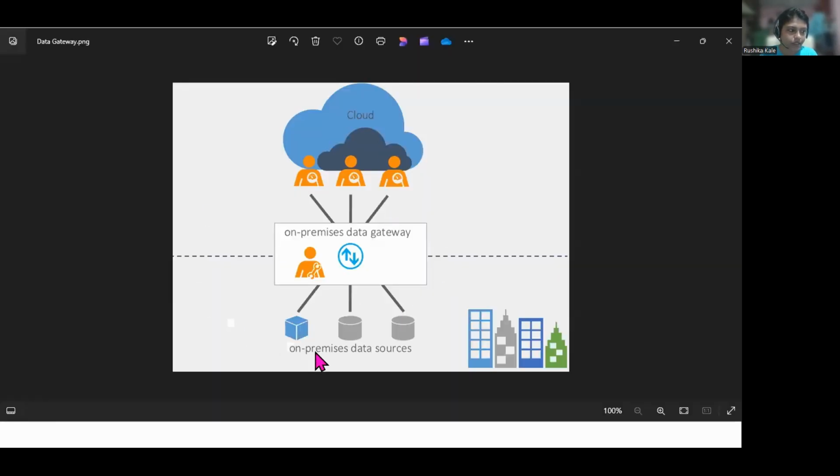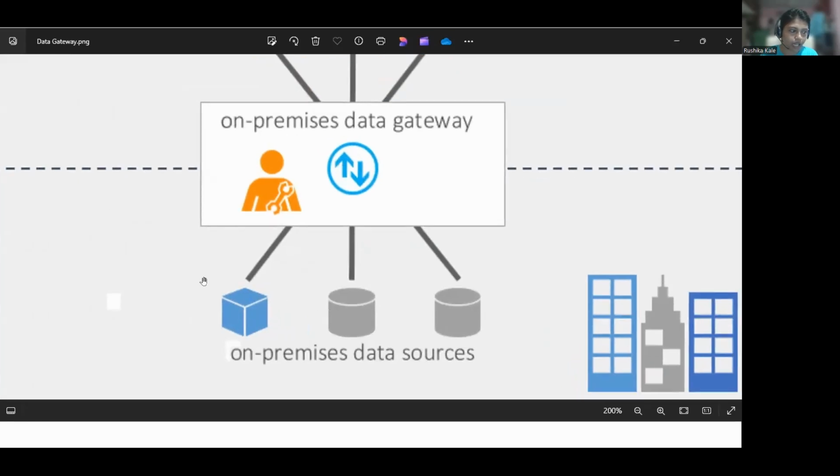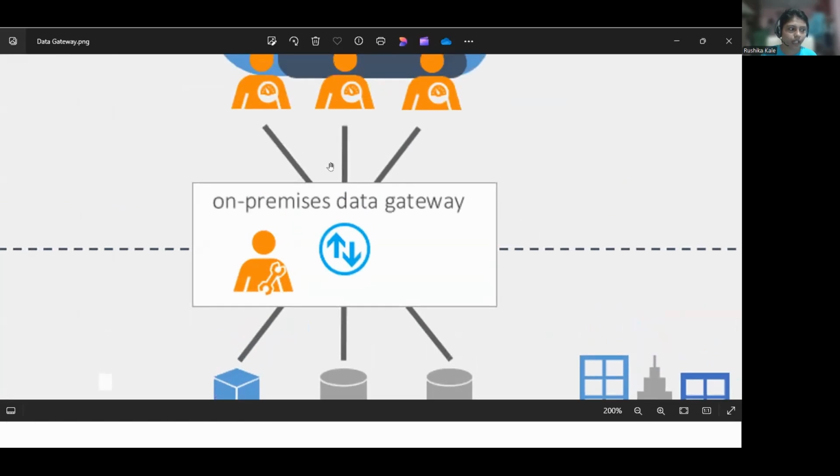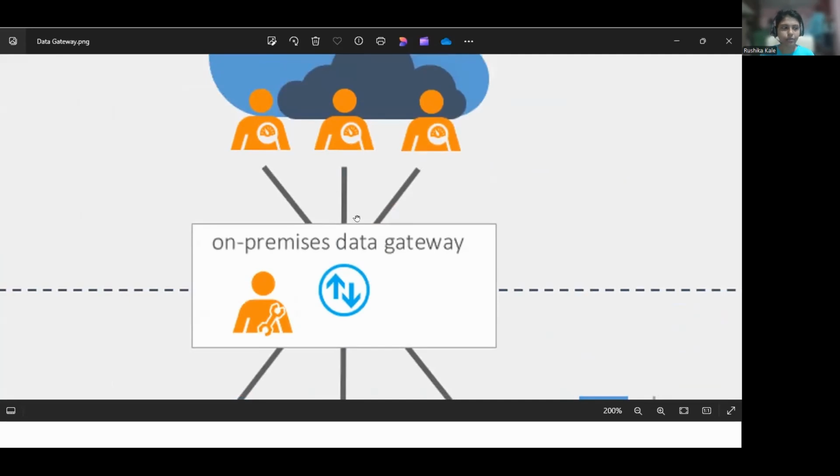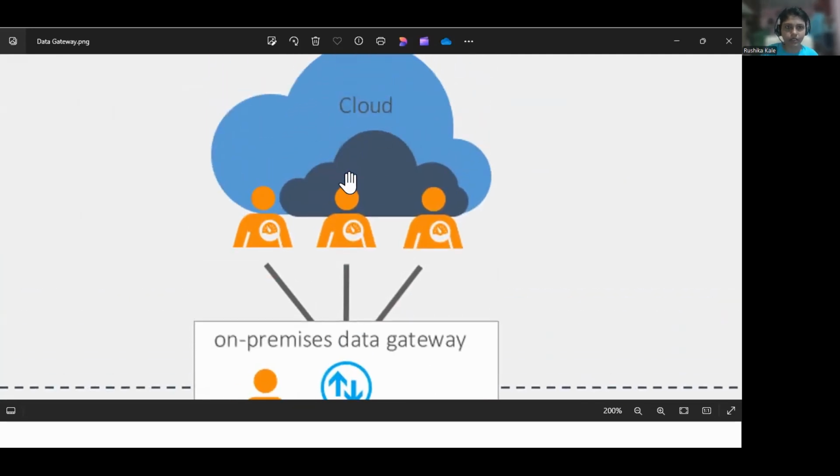So what exactly happens? Whatever data you have on premise, meaning in your system, in your laptop or desktop, which is in a local file, it is not anywhere at an online place, it is in your local system. So these are your data sources, and through the data gateway, you can put it in the cloud. Okay. Why do we need it on the cloud?